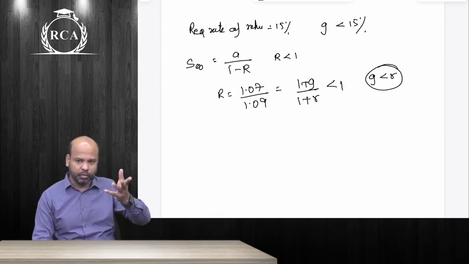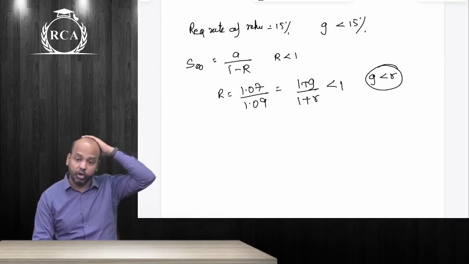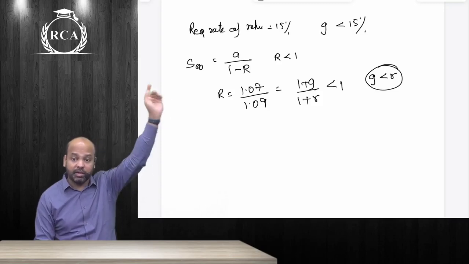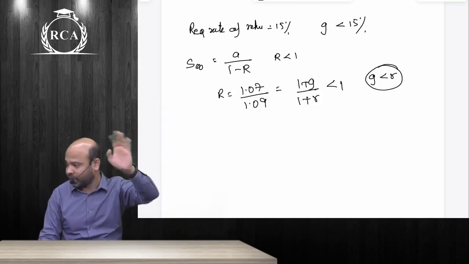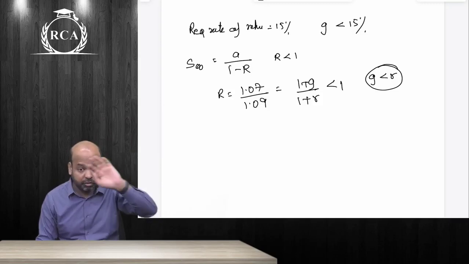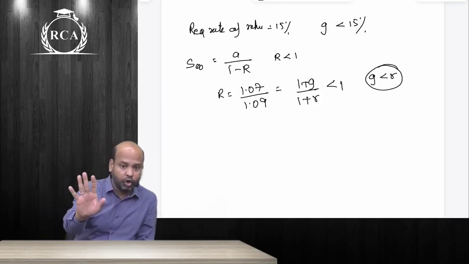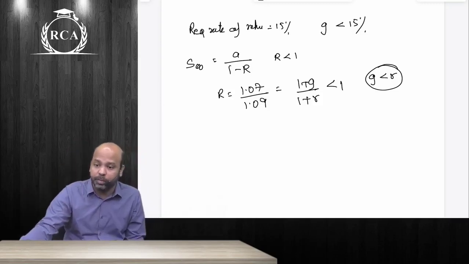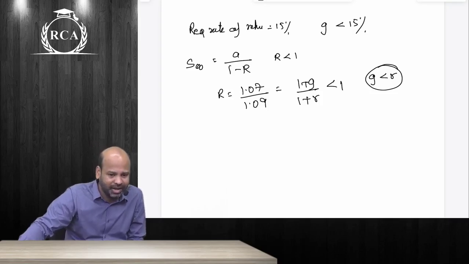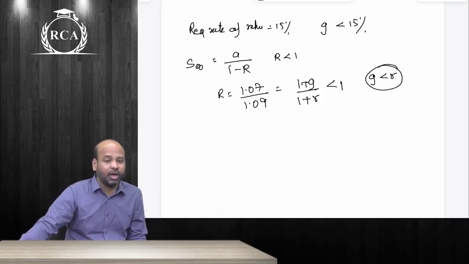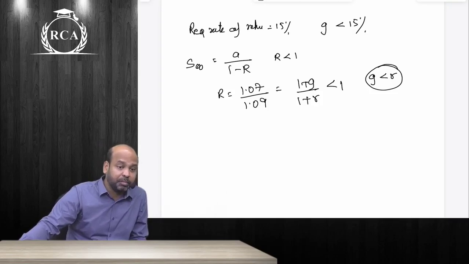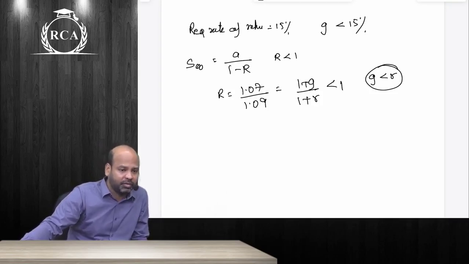If growth rate is more than required rate of return, then the common ratio will not be less than 1. The sum of infinite terms formula, that derivation is not possible. There are ways of valuing the company, but I cannot use present value of constant growth perpetuity if growth rate is more than required rate of return. But it is not even realistic, guys. Which company can grow at such an abnormal rate, guys, for an indefinite period?